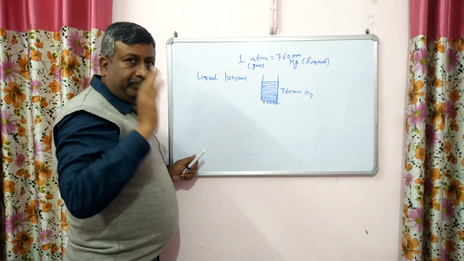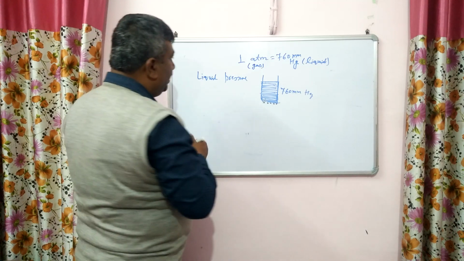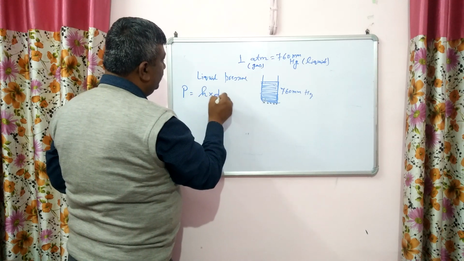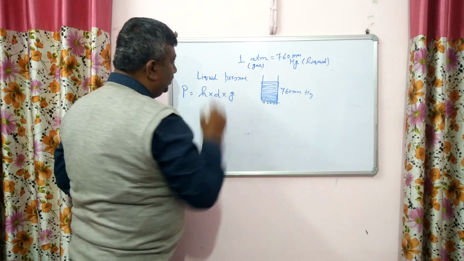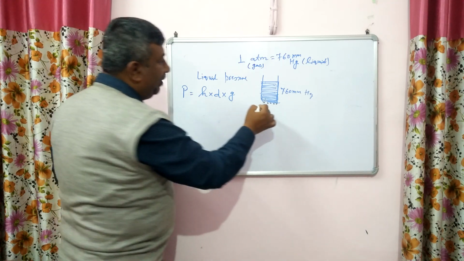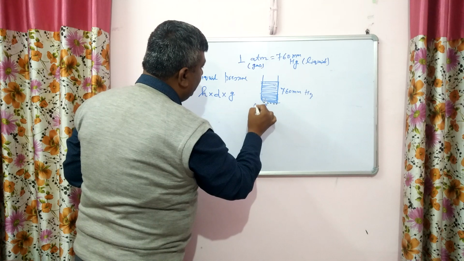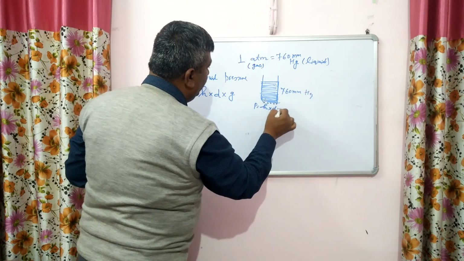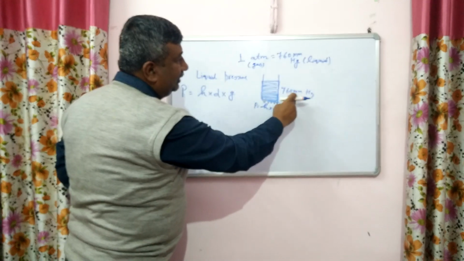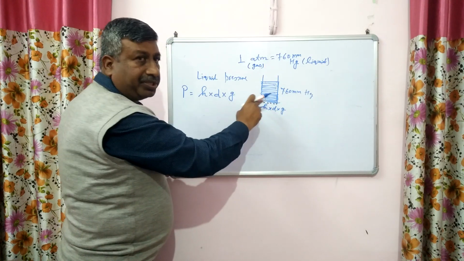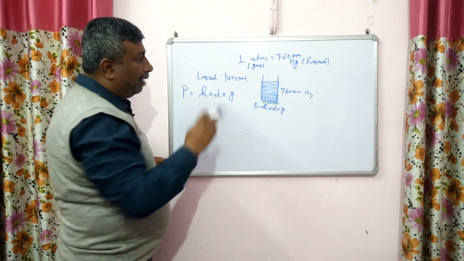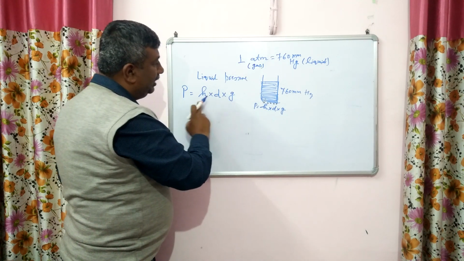And in such a case where liquid exerts the pressure, the formula of pressure P is equal to height, density of liquid, and G is acceleration due to gravity. This is the formula. It means the pressure at the bottom is H into D into G. So the height 760 mm mercury जो बॉटम पे जो प्रेशर लगा रहा है वही प्रेशर एक एटमॉस्फेरिक प्रेशर के बराबर है। अब लिक्विड का जो प्रेशर निकालने का फॉर्मूला होता है दैट इज ये होता है।